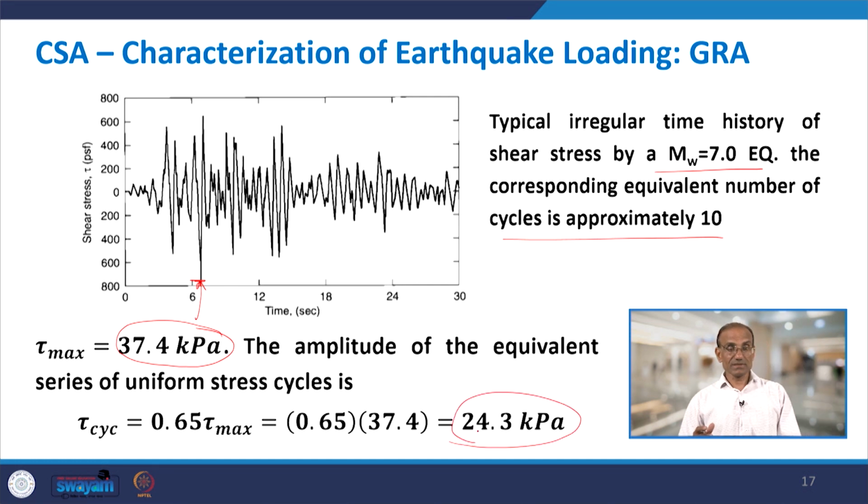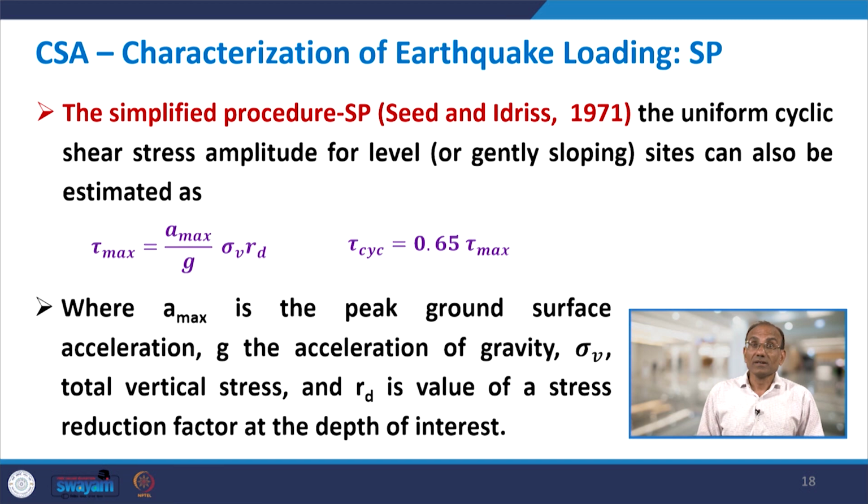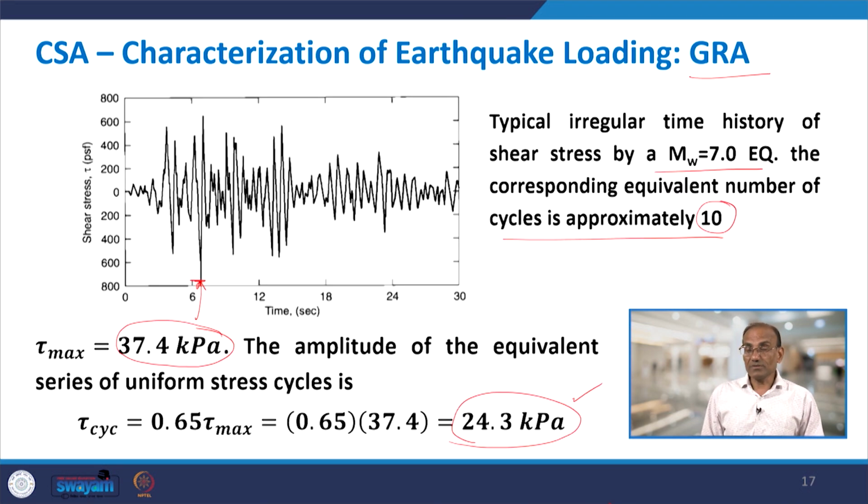That means this shear stress time history, which has been generated using ground response analysis, GRA, will have an equivalent uniform shear stress with amplitude 24.3 kilopascal and number of cycles as 10. So, that will be the answer here. This way we carried out the ground response analysis. This way we find the equivalent tau cyclic and the number of cycles using ground response